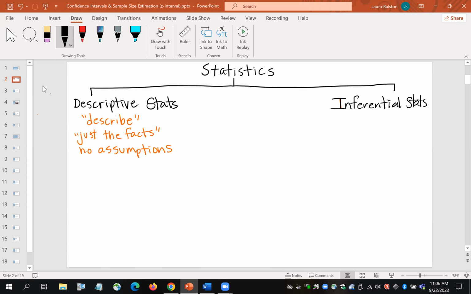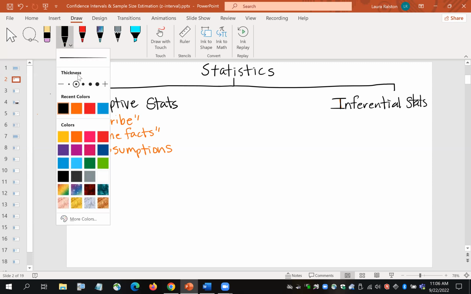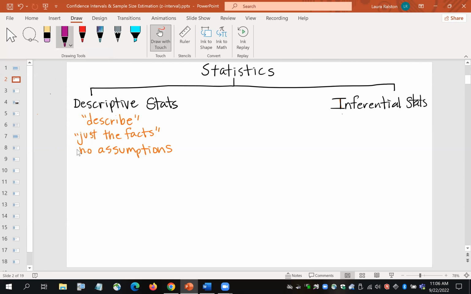Inferential is the adjective form of the verb infer, where we begin to make a generalization about what we know and apply it back to the population. But in order to do that, we begin to make some assumptions